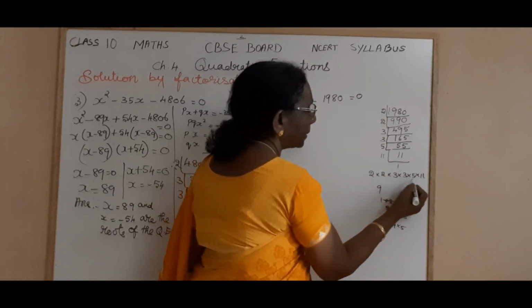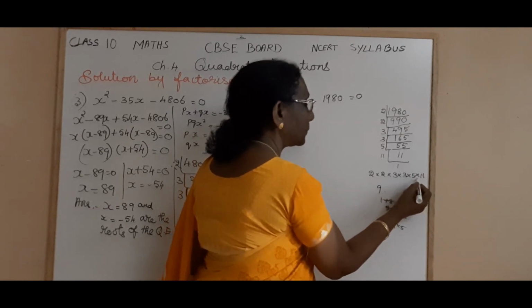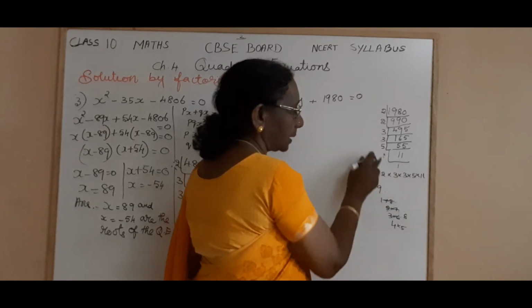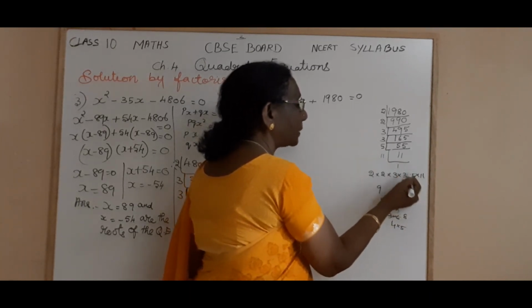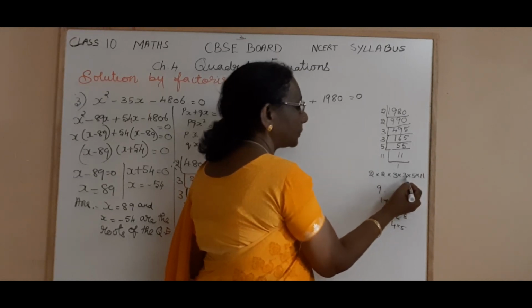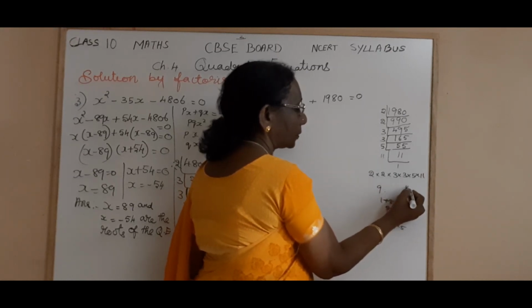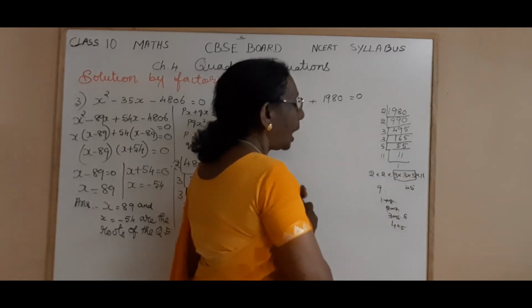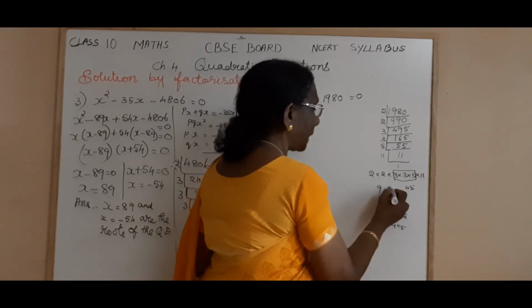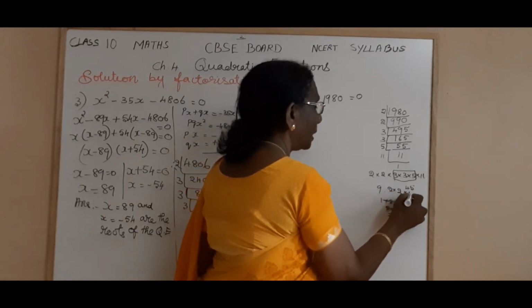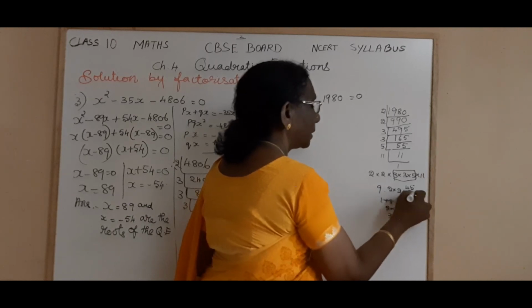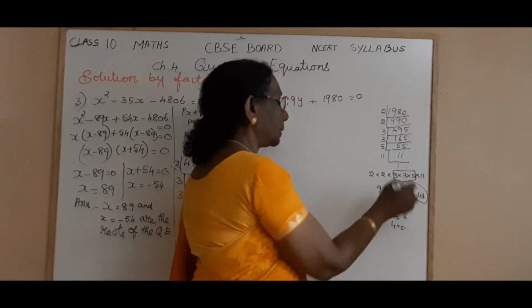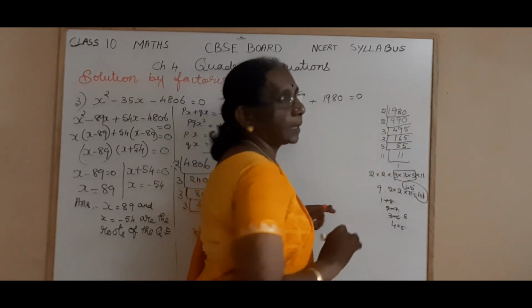Now here, multiply 5 11s are 55. If you take that, you are not getting 89. Here we checked. So we will group 5 with the other numbers. 5 3s are 15, 15 3s are 45. So this number is ending with 5. And next you multiply 2 into 11. We are getting 44. So are they satisfying? 45 plus 44 is 89. And when you multiply, you will get 1980.